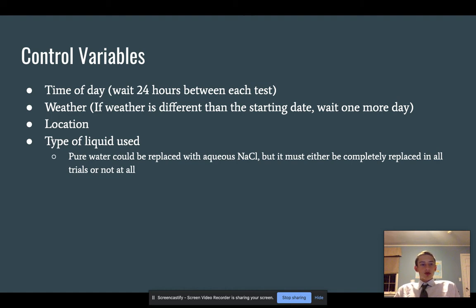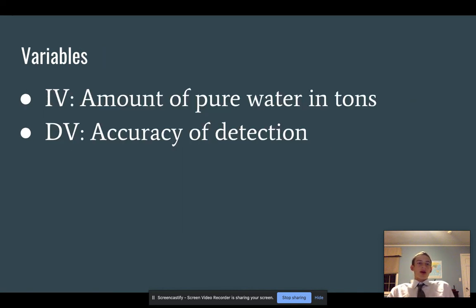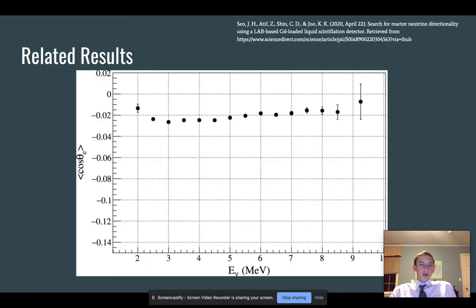And then the control variables are the time of day, because we're waiting 24 hours. The weather, and if the weather is different than the starting date, we may wait one more day, because 24 hours is already a lot. The location, which would stay consistent. And the type of liquid used, because we're only using pure water. We're not using aqueous solutions or anything like that. The independent variable is the amount of pure water in tons, and the dependent variable is the accuracy of the detector. And then the related results are that this first one shows how